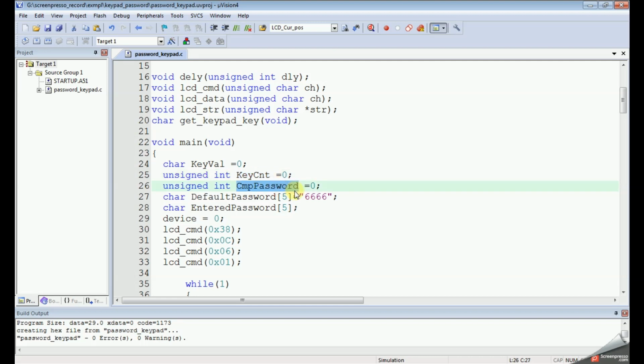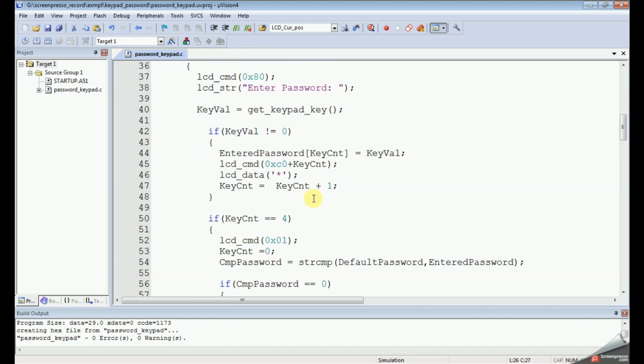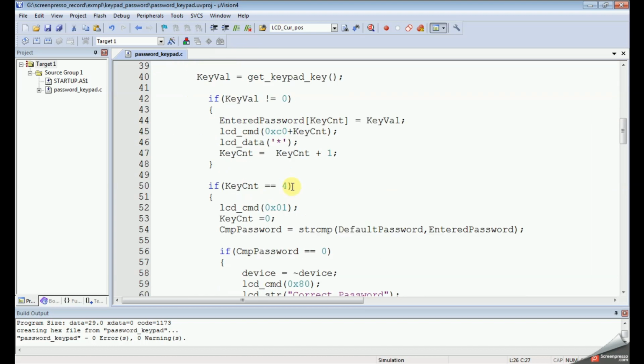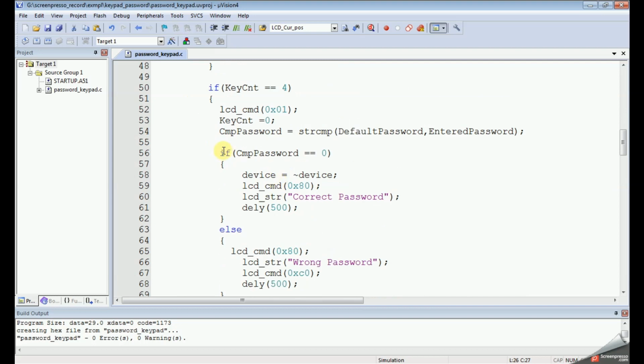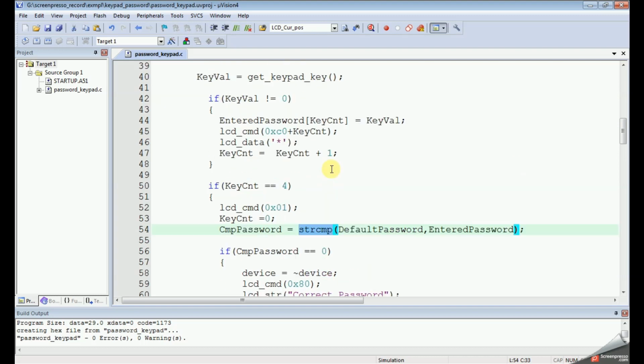And there is a compare password variable. The string comparison value will be copied to this compare password. If both strings are the same, then this value will be 0, according to the string compare operation.